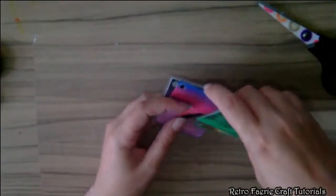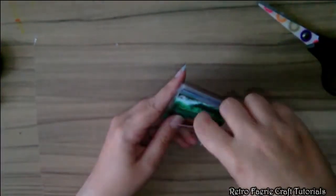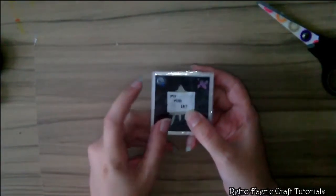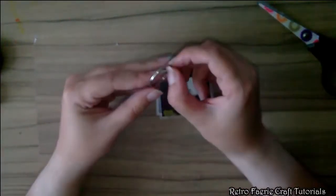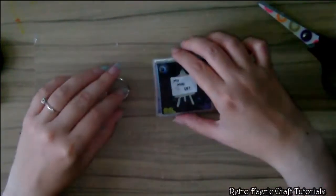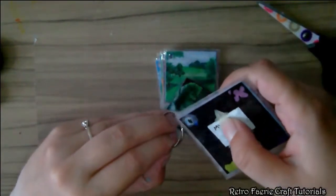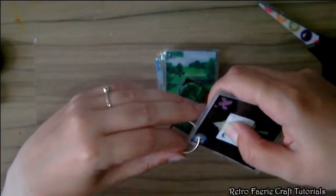So I'm just going to put these in the order I want them, and then I'm going to attach these to a keyring, which is a really simple thing to do. It's not going to be that hard at all. I'm not going to put them all on at the same time because it will bend it. So I'm going to take about 4, slide them on to the keyring, gently spin it around,